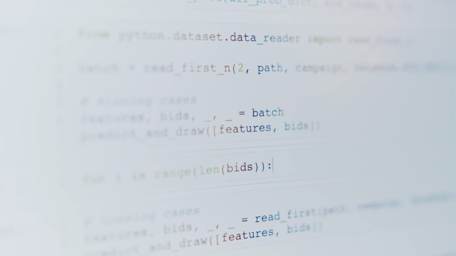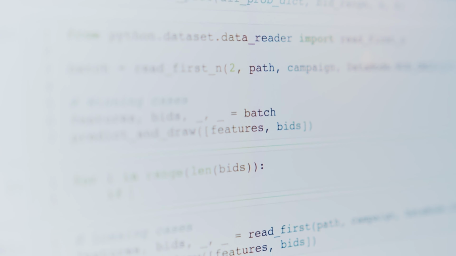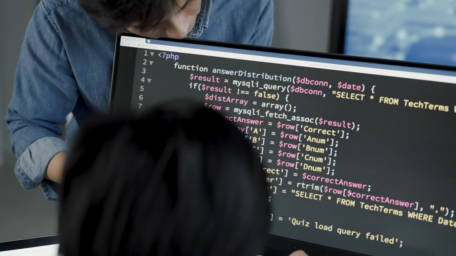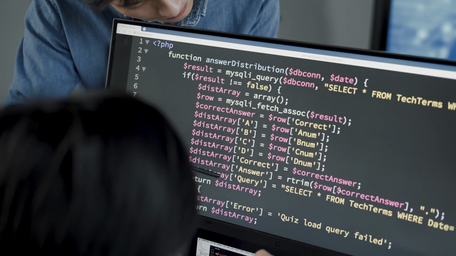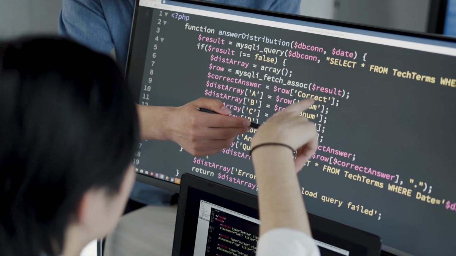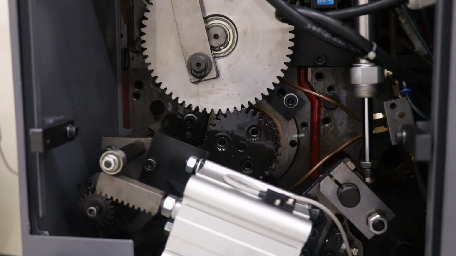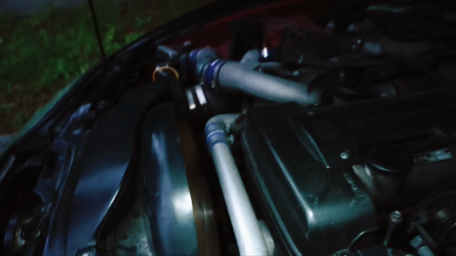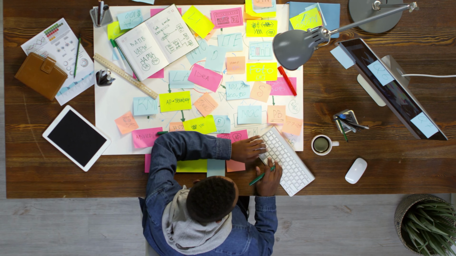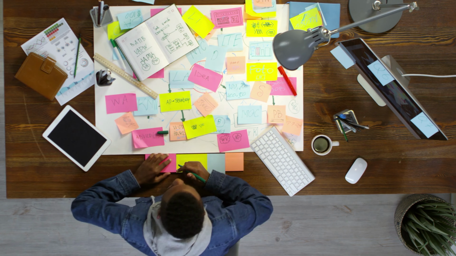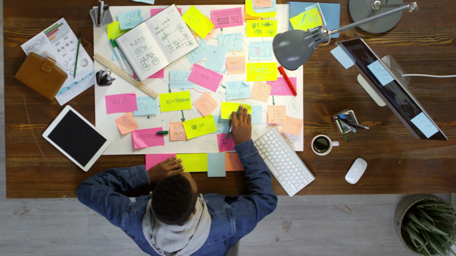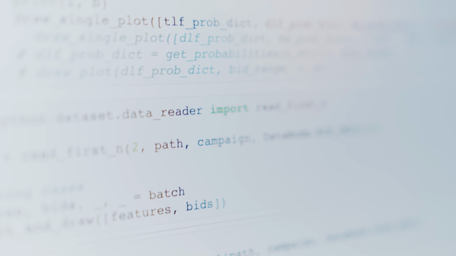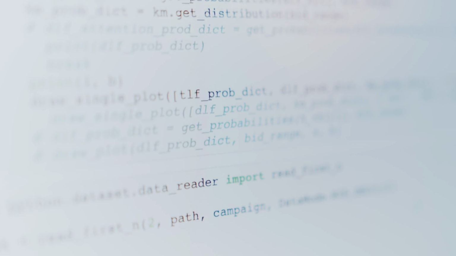But data structures and algorithms aren't just about making our lives easier. They're also about making our programs run faster and more efficiently. Think of it like having a well-oiled machine that hums along smoothly, instead of a clunky old jalopy that sputters and wheezes. So, the next time you're writing a program and you find yourself scratching your head, wondering how to organize your data or make your code run faster, just remember, data structures